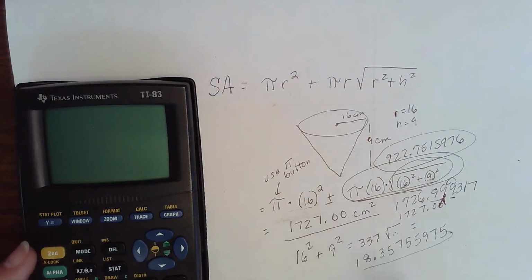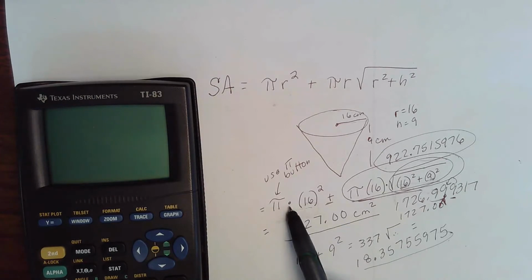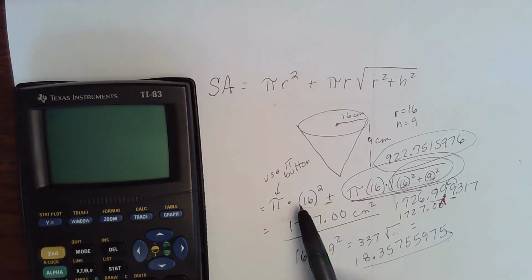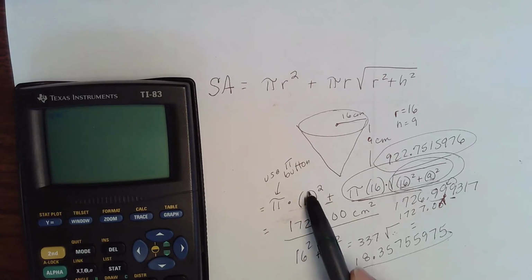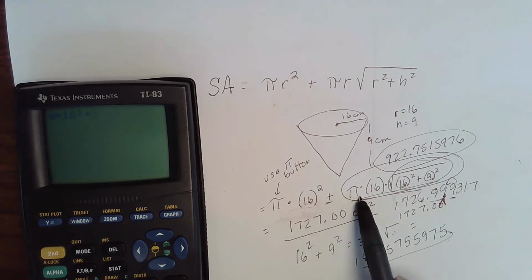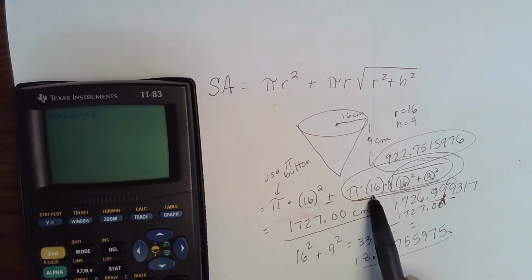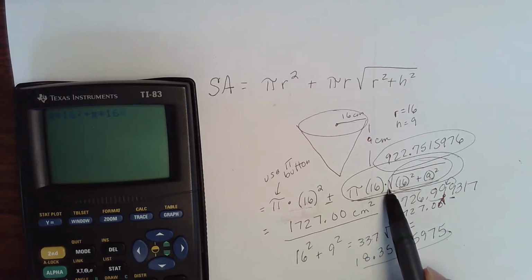Now you can see this mess I've got here. On my calculator, I can type it in straight up the way it's written using the pi button, which is usually a second feature somewhere on your calculator. Then times. Some of you need a parenthesis, some don't. That's kind of questionable depending on your calculator. Plus, then pull up my pi button, then times 16 or parenthesis 16, again depending, times,